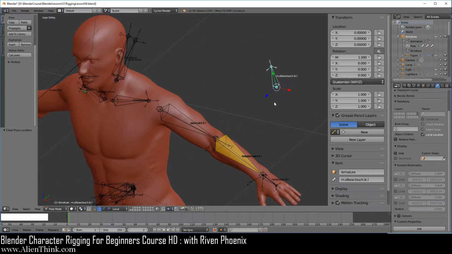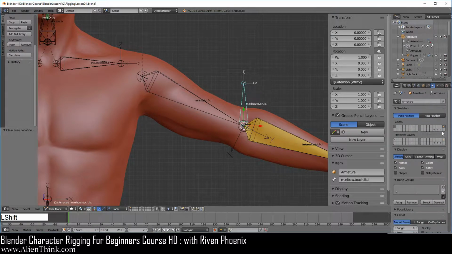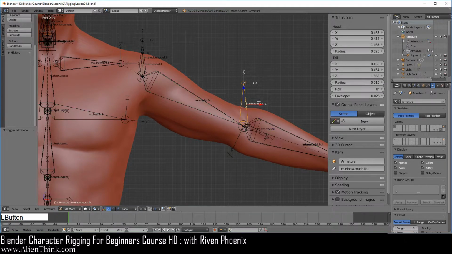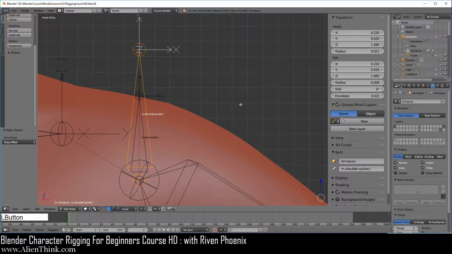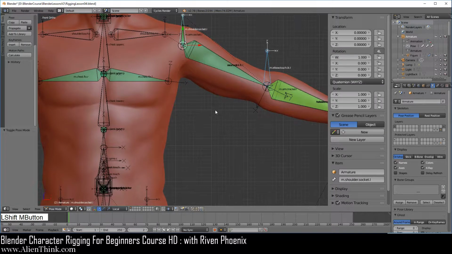What we have to do is make this the child of our shoulder socket bone. This is what's going to give us the ability to make this operate correctly. So what we want to do is go to the data tab, press the Shift key down, and just turn on the non-deform layer. Then switch to edit mode, click on this bone, zoom in, press the Shift key down, and click on the m.shoulder.socket.l. Just do Control P and do keep offset. Okay, now we're going to switch to pose mode. Now you'll see why we did this.